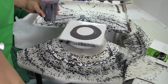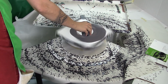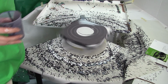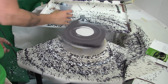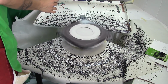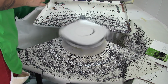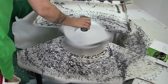I feel like I need to speed it up a little bit. That's a lot of paint. And then, I don't know, this might just be a white and micaceous oxide painting. Just to the inside of that. Speed it up a little more. Whew. And